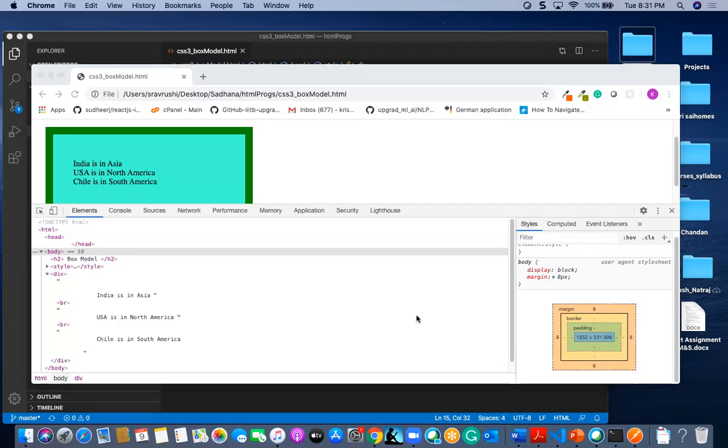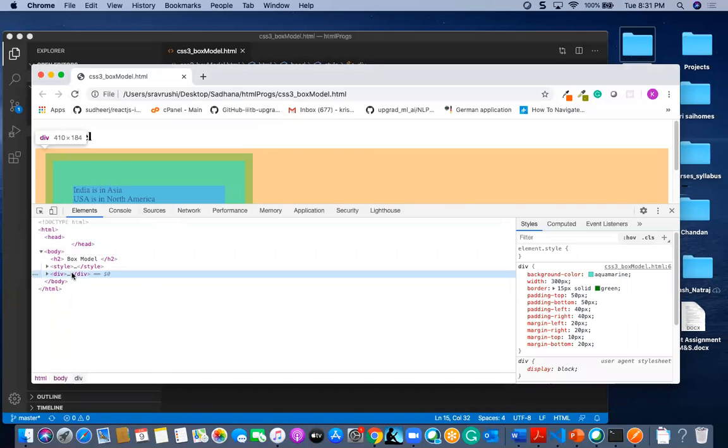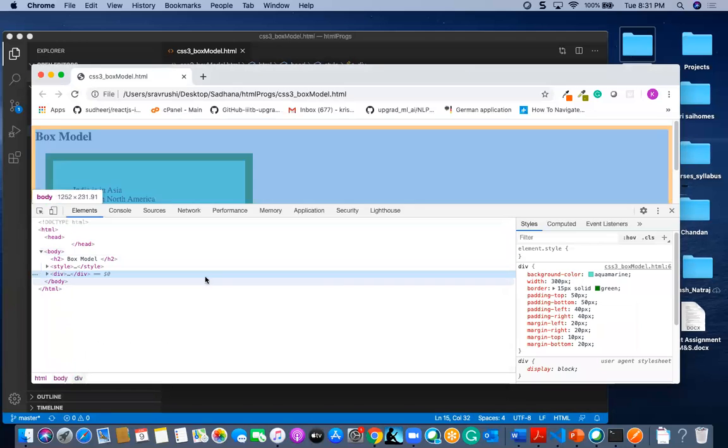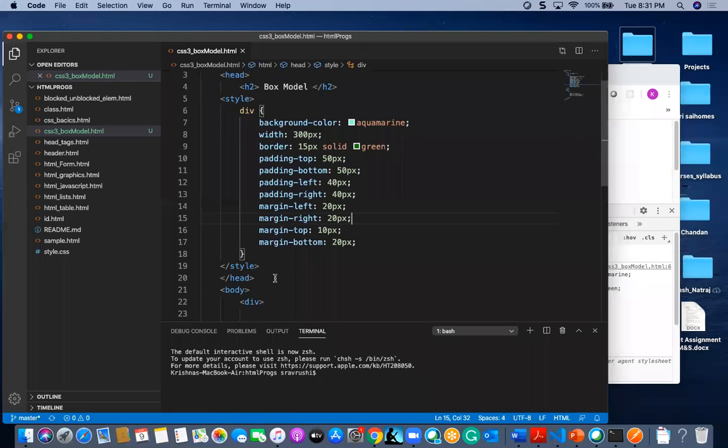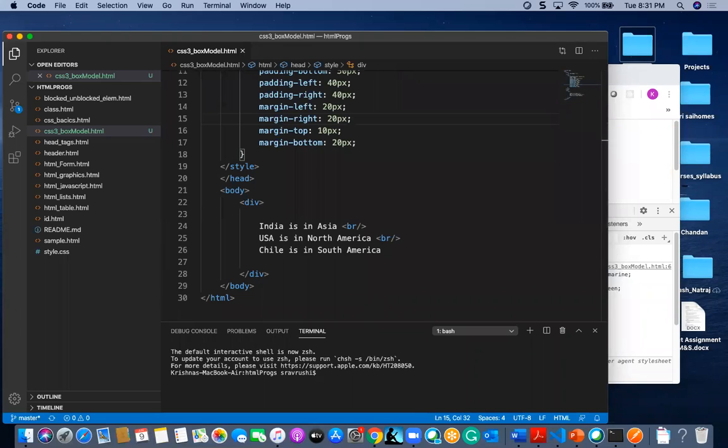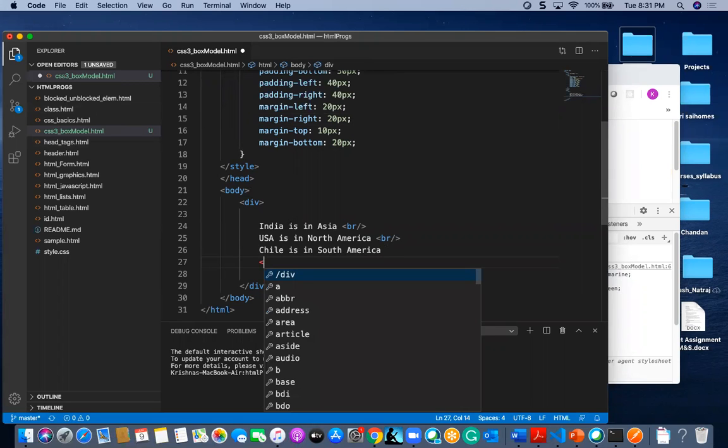How can you tell how much area has been consumed by this box model? There is a calculation on this. Suppose I have this box content area. I want to know how much area it has taken, how much area it has used. For that, the calculation is as follows.